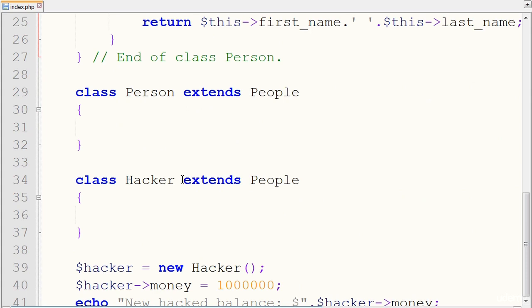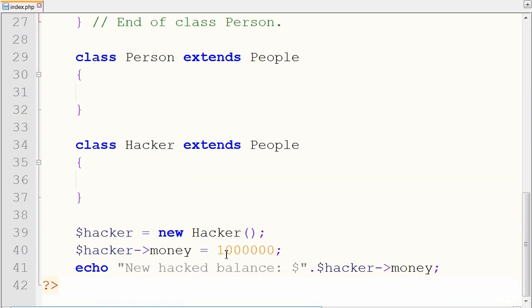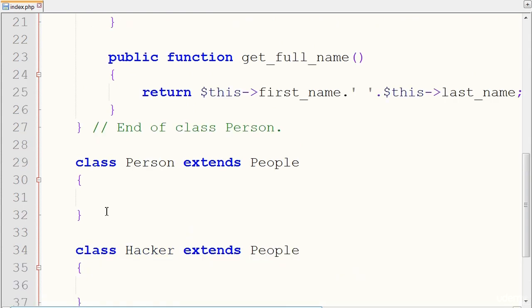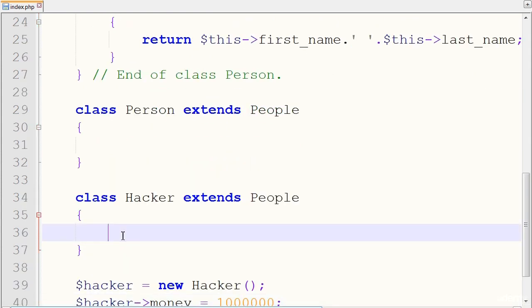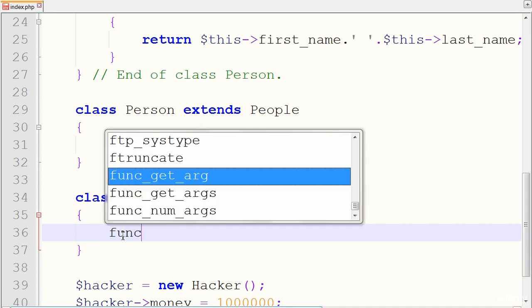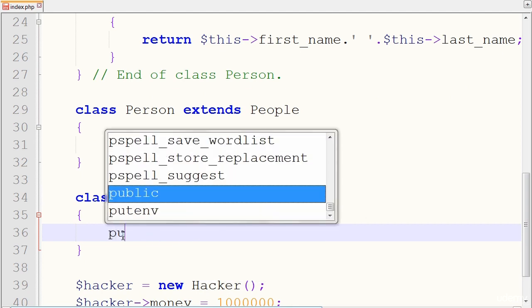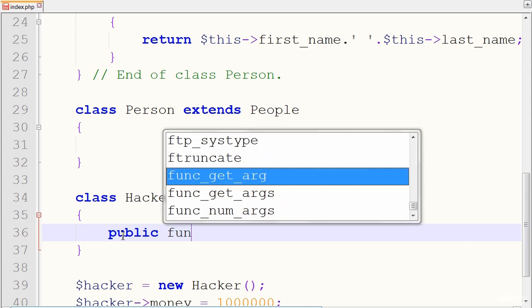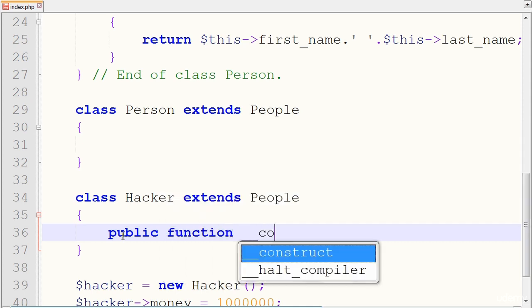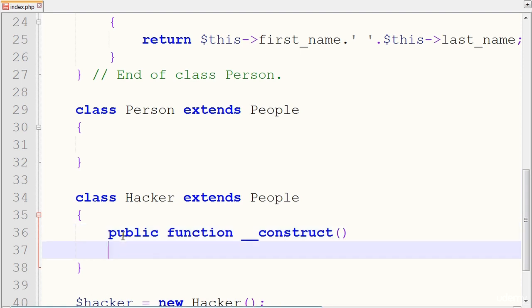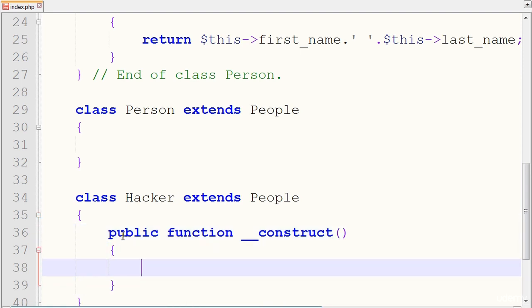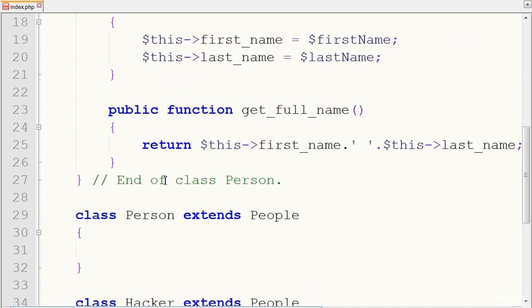So if I'm still a hacker and I want to use the current balance, which is $1 million, let's see what happens. I'll actually create a constructor. So I'll use constructor, so function underscore, well, I'll make it public. Of course, we always want to use the keyword public when we're creating our constructors. Underscore construct, parentheses, and let's say, for example,